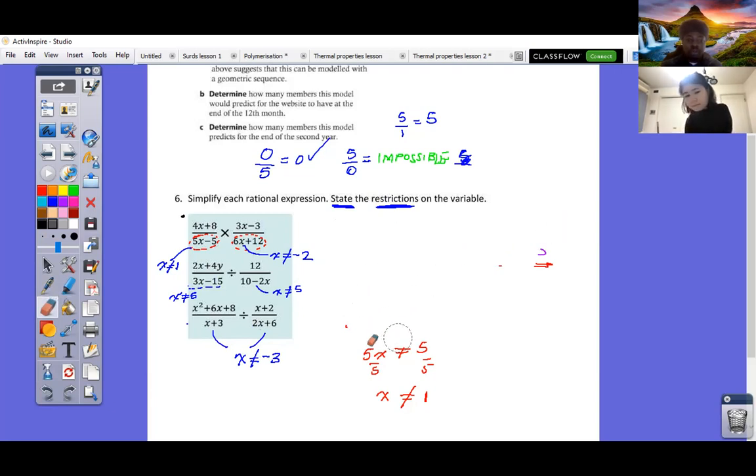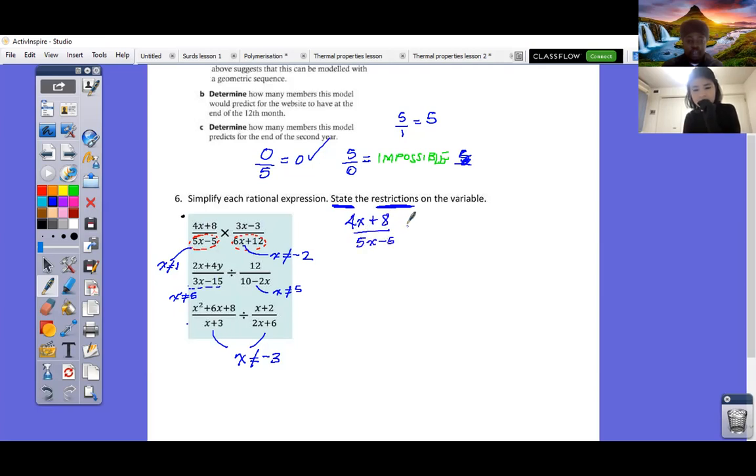Now you got 2/5 for the first one. Now I've got a feeling you may have gone wrong somewhere. So let's look at it together and then I'll see how you've done these ones as well. So here we go. We have 4x plus 8 over 5x minus 5 multiplied by 3x minus 3 over 6x plus 12. Now, what are we going to do with this one to solve this one? Yeah, same idea,